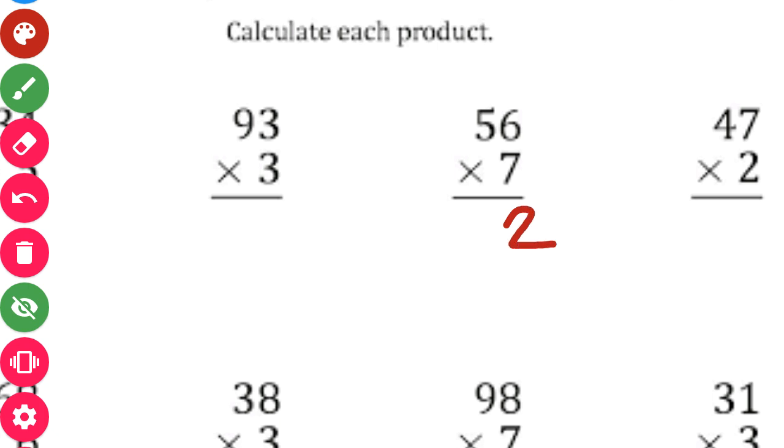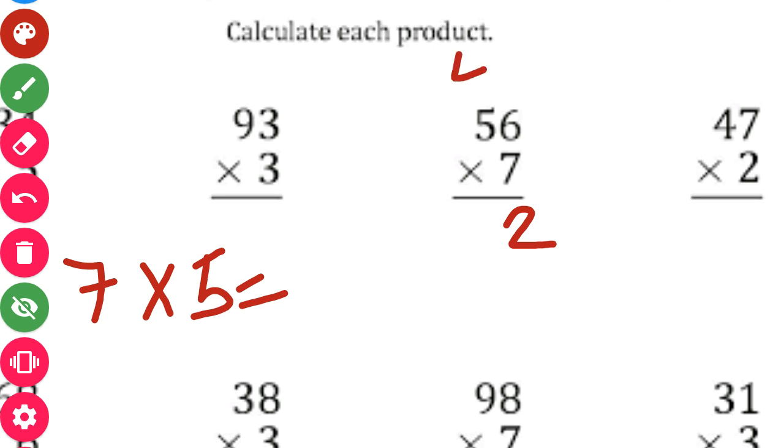Now we are having 7 into 5. At our tens place we are having 5 and that we have to multiply with 7. So 7 into 5, how much we will get? Count 7 table 5 times. Also 7 6s are 42. We have written 2 here and we will put a carry 4 here. Now count 7 table 5 times.